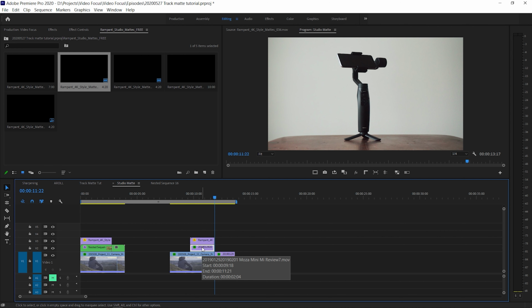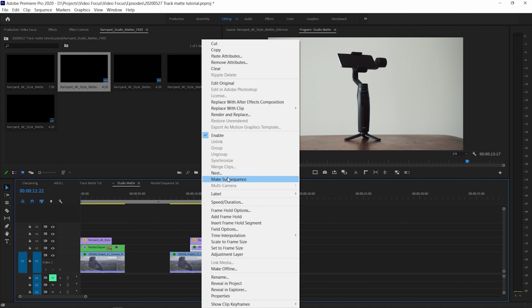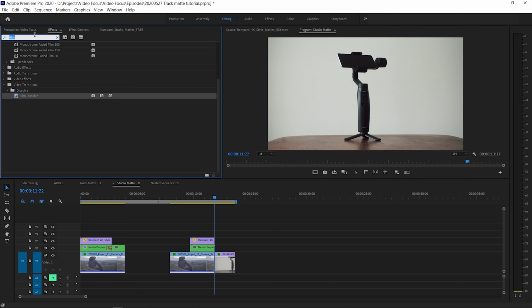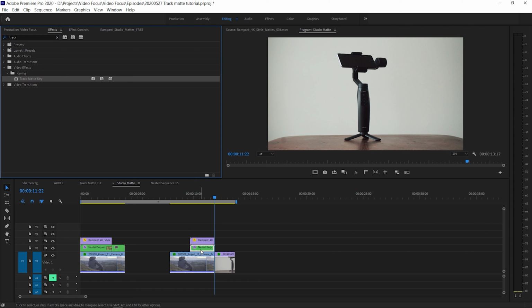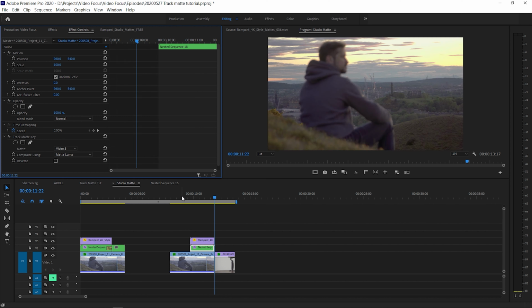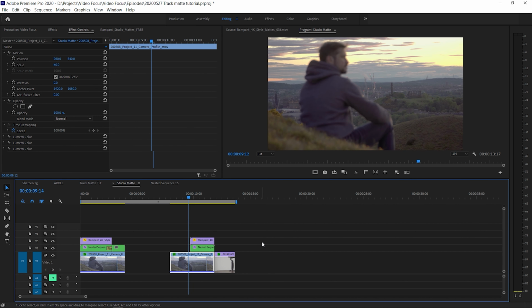Like we did in the last example, we're going to nest that. Go to Effect, go to the track mat key, drag that onto our footage, not the track mat. In Effect Controls, we're dealing with a luma mat, and it's living on V3 over here. So now when we push play,